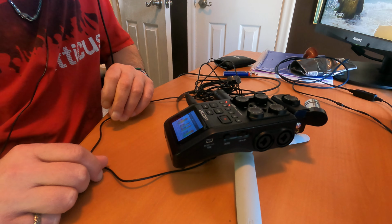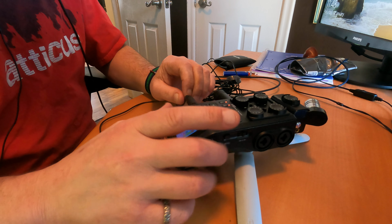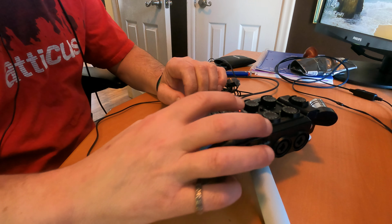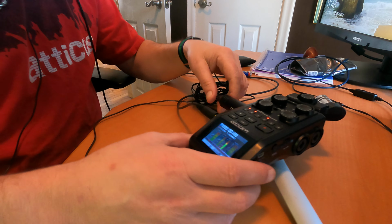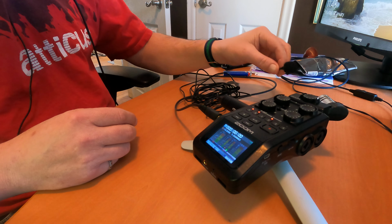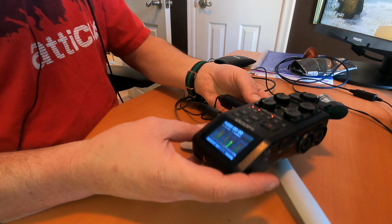Okay, guys. What I wanted to do is talk about this unit here. I know there were a lot of things I showed yesterday that I kind of skimmed over, some of the stuff I was talking about. So I wanted to address those today to give you a better idea of what we're dealing with here. So this is the